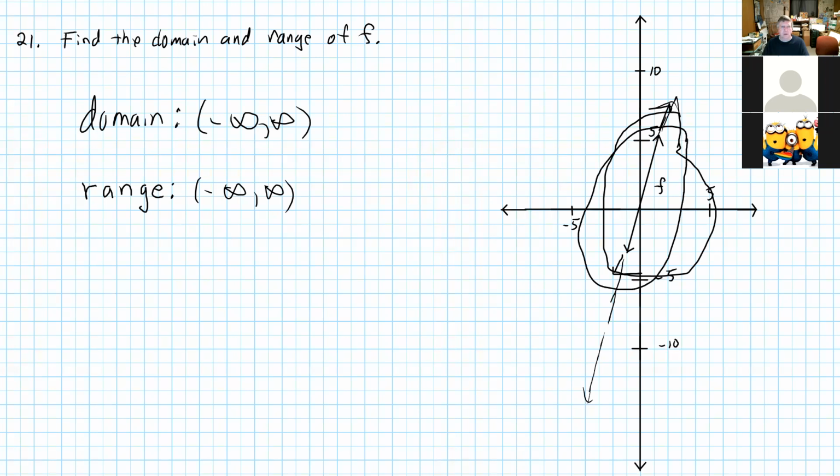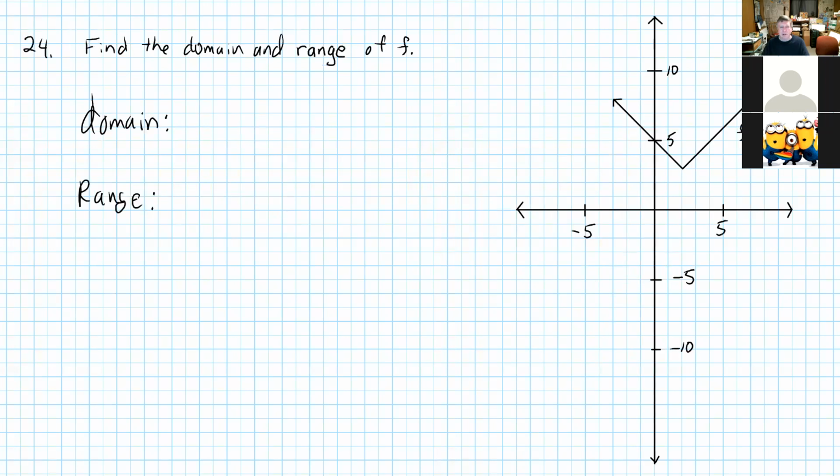How about the domain and range of F now? So again, the graph has arrows going over to the right and over to the left. So the domain would be all real numbers. But what about the range? The range isn't all real numbers. Where does the range start? What's the lowest range value? 3. Okay, and we're going to include 3. So we're going to use